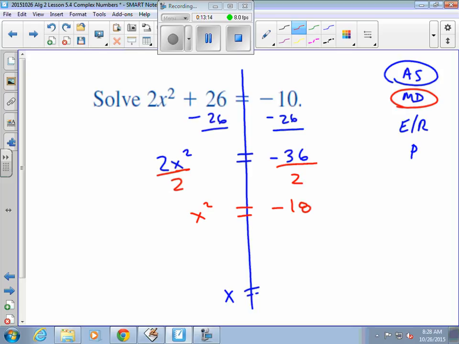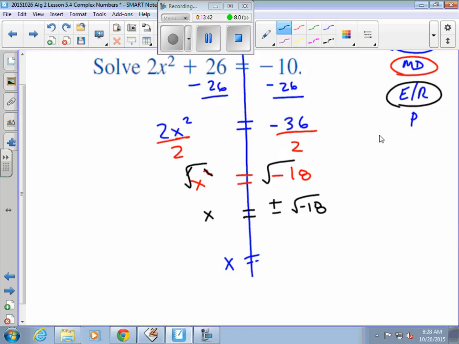Then undo the next step, exponents and radicals. Undo squaring something by taking the square root of it. You take the square root of the left, take the square root of the right. This cancels out just like the rest of it canceled out. X is equal to both positive and negative square root of negative 18. Remember, you cannot have a radical that is a negative value. There's no real number. So in order to make this a complex number, in order to get rid of that negative in the radical, all we do is we take